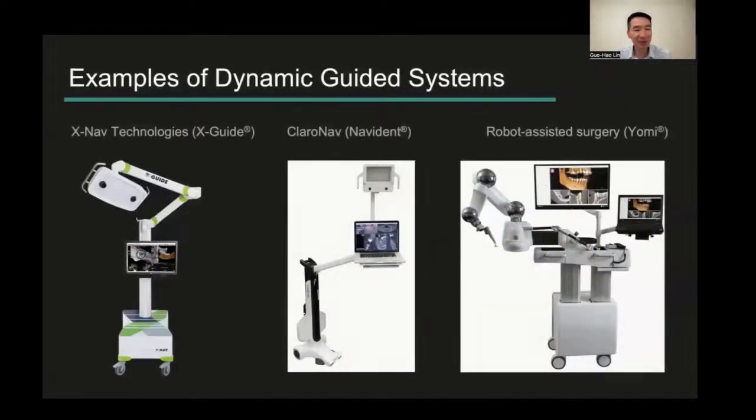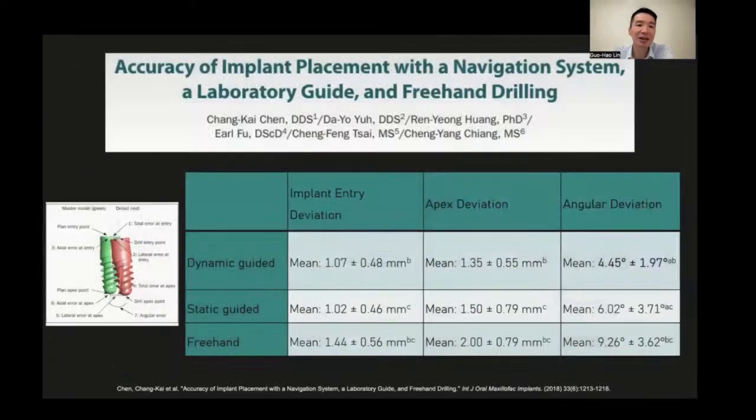So these are some examples commercially available on the market, including X-Guide, Navident, and robot-assisted surgery such as YOMI. This is a study done by Dr. Chen Kai-Chen, also from Taiwan. His team showed that for the navigation guided system, the angular deviation is about 4.45 degrees. It is much better compared to the static guide and also freehand surgery. The apex deviation and entry deviation could be very similar to the static guide, but also much better than conventional